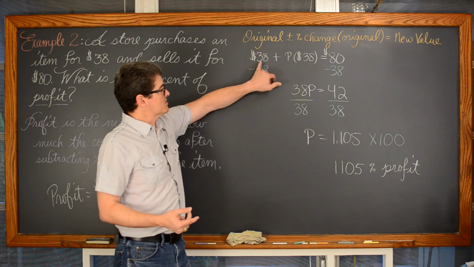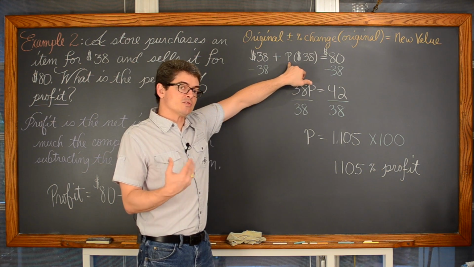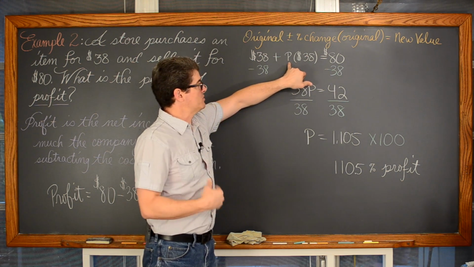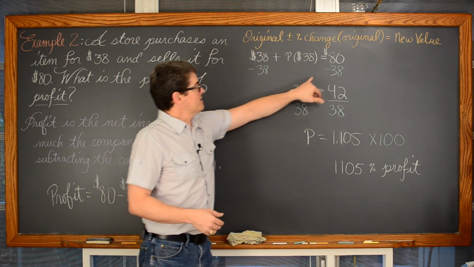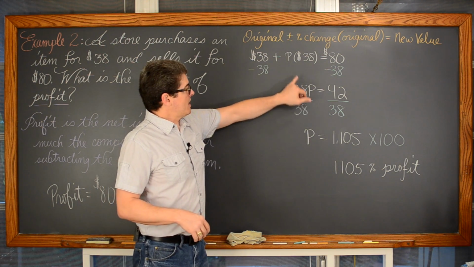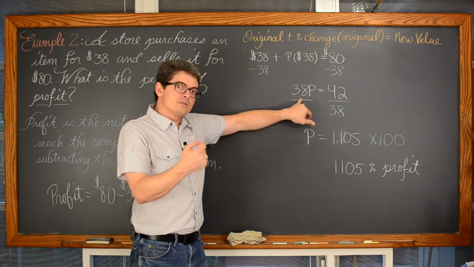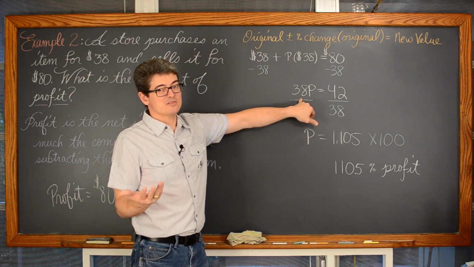But at any rate, it's $38. We marked up that $38, we multiplied it by a certain percent to find out how much we were going to increase the value of the item by. We got to $80. We're subtracting both sides by 38 and getting $42. We're now saying, okay, I have to continue solving for P, the percent of profit. I put P for profit this time. It, again, could be for price as well.